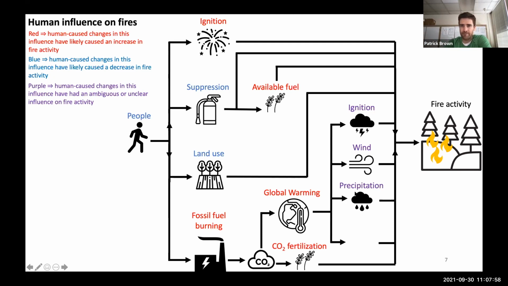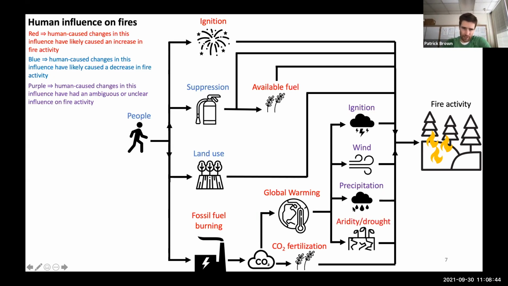Precipitation, I have purple also, because that just depends on when and where. So this is thinking globally. Different locations, precipitation is going to affect fires differently. And even in California, it's ambiguous. We don't really expect long-term changes in average precipitation in California. There might be a sharpening of the seasonality of precipitation, where we get more precipitation in the winter and less in the fall and spring. That would increase fire activity because you have a longer fire season. But the signals aren't totally clear on those things. And so these are all purple.